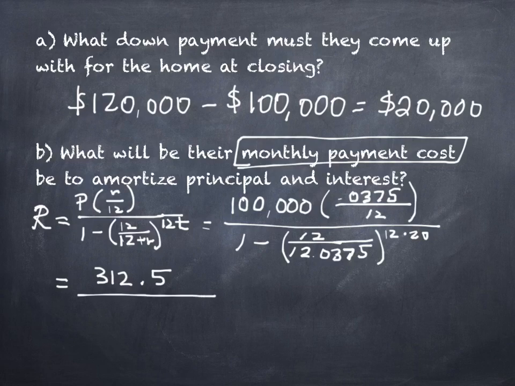Okay, that's okay. The next thing we're going to do is the part inside the parentheses, where I'm going to put the 1 minus. So take 12 and divide by 12.0375. When you do that, I want you to write down the value with a lot of decimals. How many have I told you a lot? Like 7. We need a bunch, okay? So we're going to write this value down with 7 decimals.